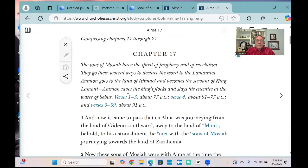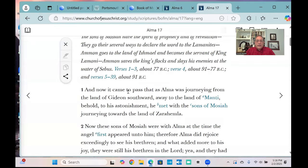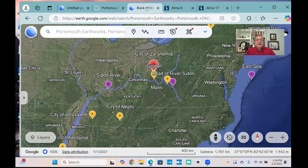And then also in Alma chapter 17, verse 1, this is when Alma meets the sons of Mosiah. Alma had gone from Zarahemla to Gideon, and then he continues further south. It says, as Alma was journeying from Gideon southward away to the land of Manti. So it shows that it's Zarahemla, and then south of Zarahemla is Gideon, and then further south is towards the land of Manti, and he meets the sons of Mosiah who are coming north. They're coming towards the land of Zarahemla, and they meet. So it shows that Gideon and Manti are on the way from the land of Nephi, which fits